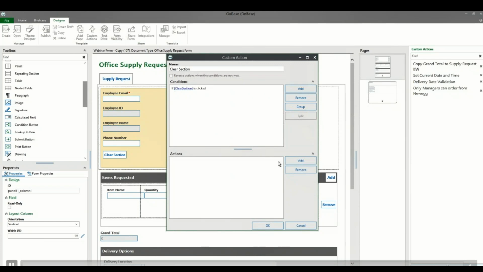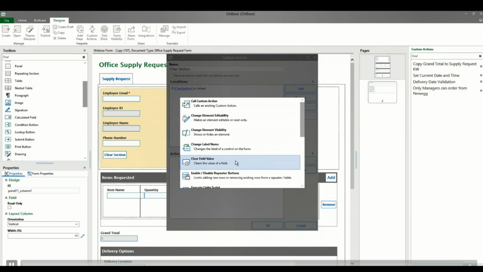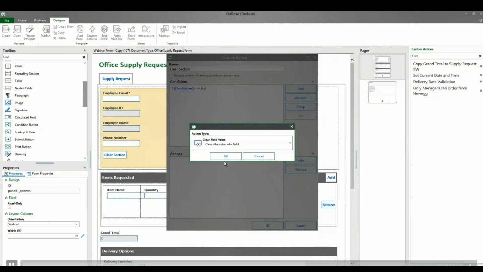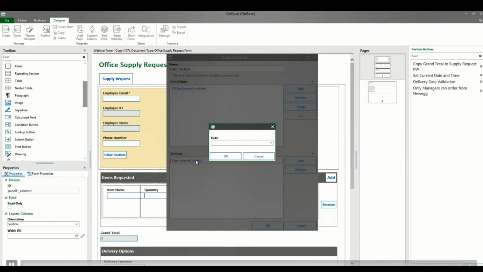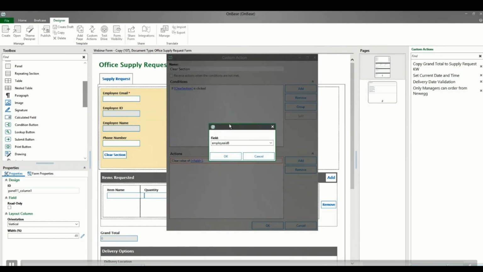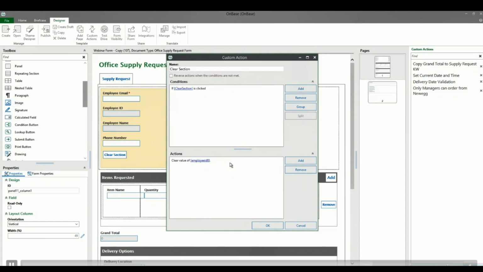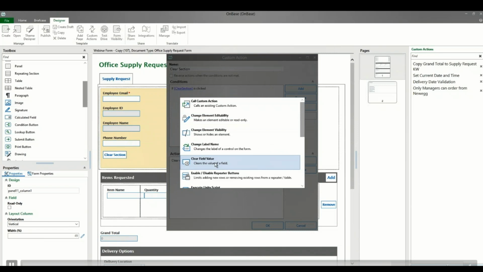So we'll need to add a new action for our button, and we're going to select clear field value to erase any data in those fields. Now we want to choose which fields we want to clear, so we'll want to delete anything in the top half, the employee ID, employee name, all of those. So let's select the fields we want, employee ID, and we'll do the same for employee name, add, clear field value,